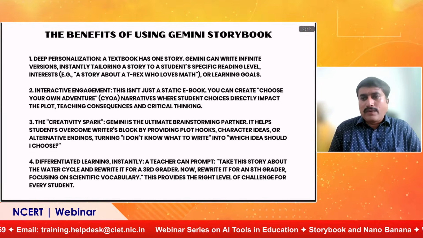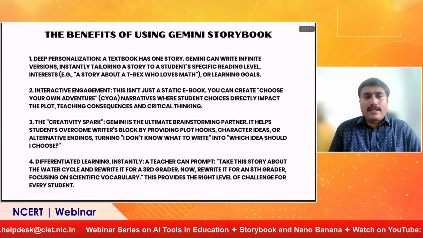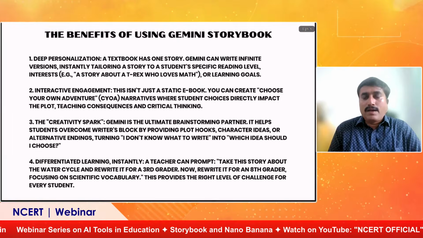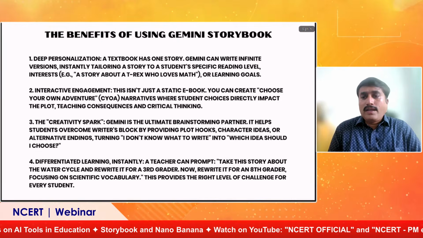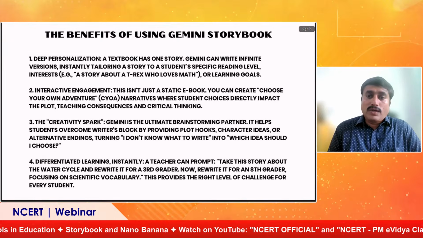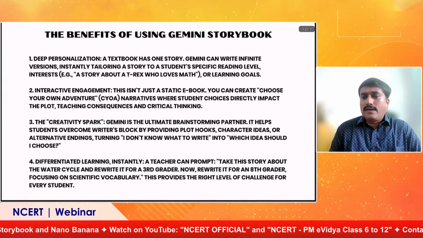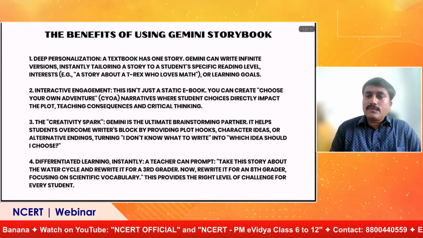There is one story, but we can write so many versions of it. Instantly we can make a story with the same content in various styles. So this is a very good way to engage students in that particular story, because one story can have very various types of versions.